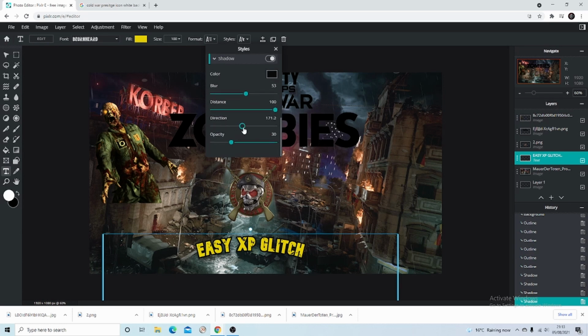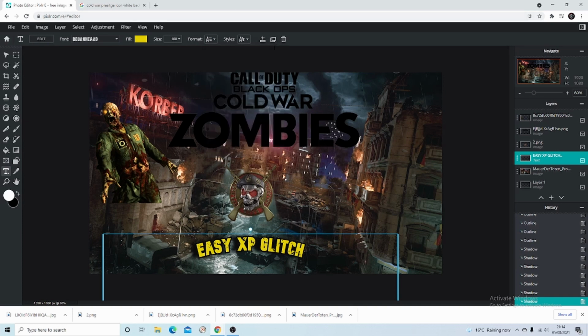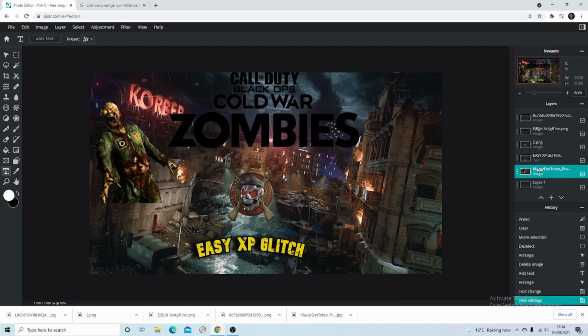And then this here, you can sort of move it so it can go behind, so it can make it look really 3D depending on what type of background you have. And then you move that up there, as you can see, it makes it look a bit more 3D than it actually is. That's for text. Now we're going to be moving on to making the actual background stand out along with the PNG images. So you want to just select the background,